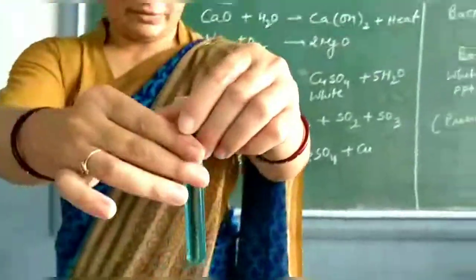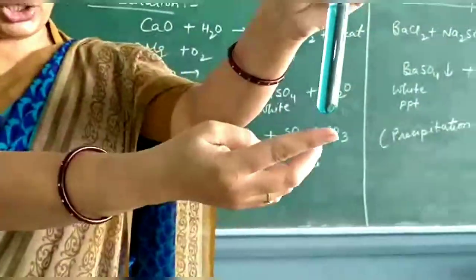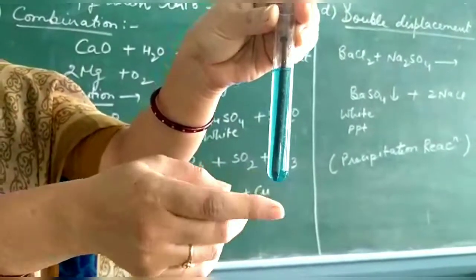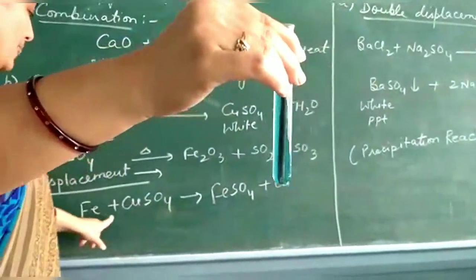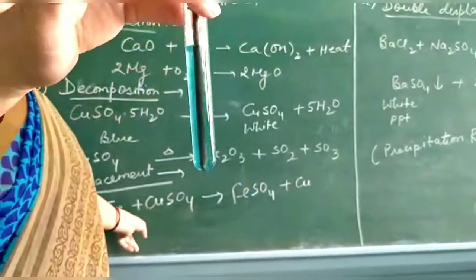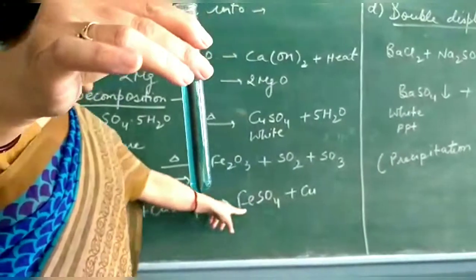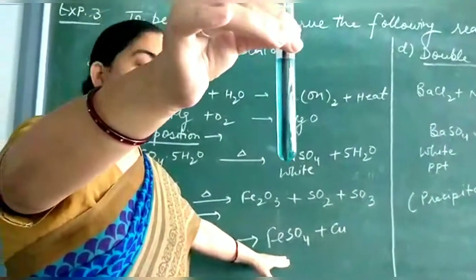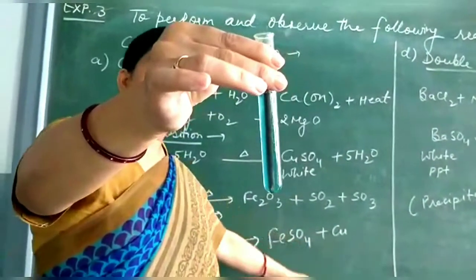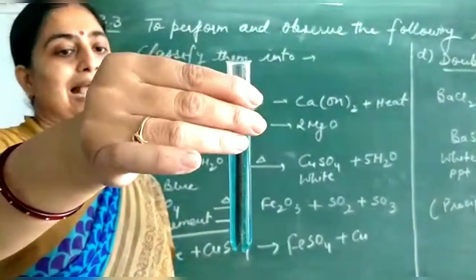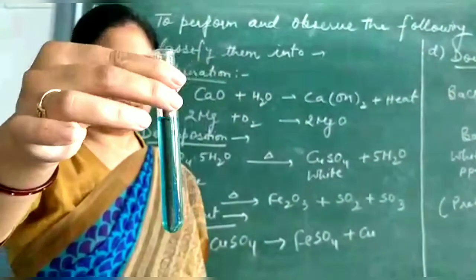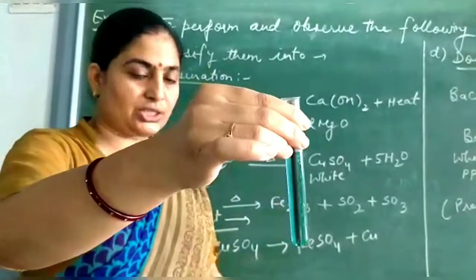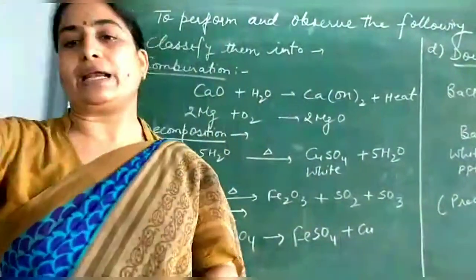Let's see this case, and I'm going to show the change in color. You can see the blue color changes to somewhat green, and this is because the iron nail present in the copper sulfate starts reacting with it to form green colored iron sulfate, and copper is depositing on this iron nail. If I take out this iron nail from the test tube, you can find that some deposition takes place on it. I'll show you how.